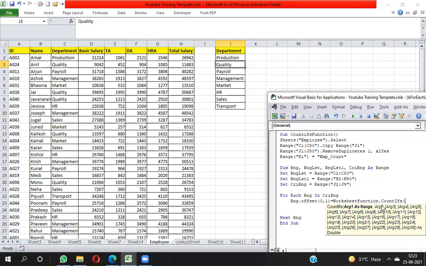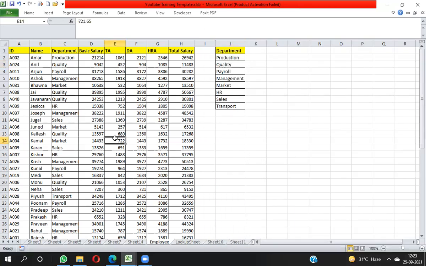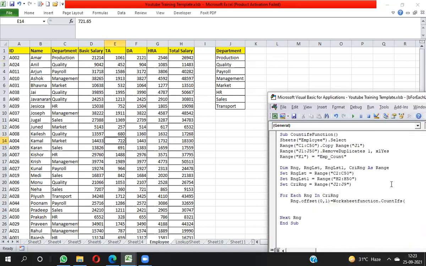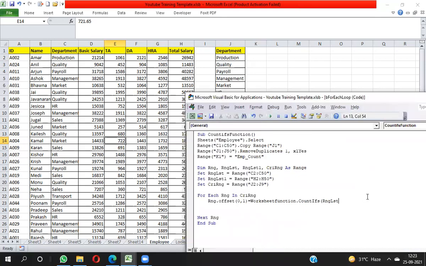Now I have to take the first criteria range. First criteria range is C2 to C50. C2 to C50 is stored in RNG LST1. No, RNG LST. So I need to take here RNG LST. Then here I have to take criteria.